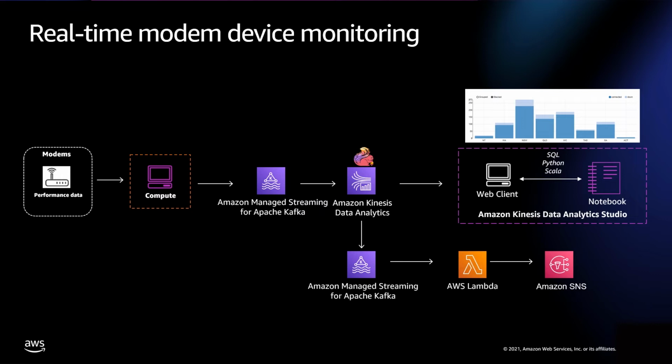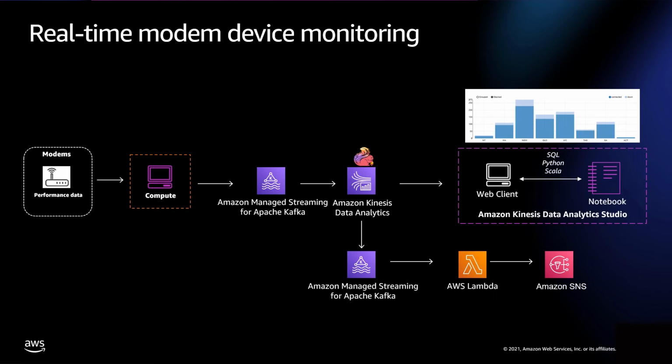You use Apache Flink on Kinesis Data Analytics to run real-time aggregation to understand whether, let's say, device performance is breaching a certain threshold within a time window that you define. Run ad hoc queries on those incoming data using Kinesis Data Analytics Studio and build your Flink application. Finally, you send those processed data to another Kafka topic to generate real-time alerting using AWS Lambda and Amazon SNS.